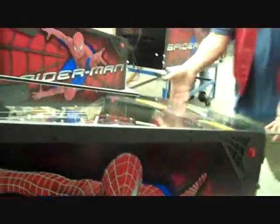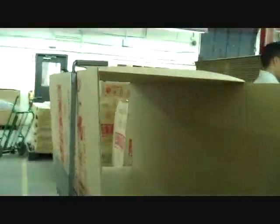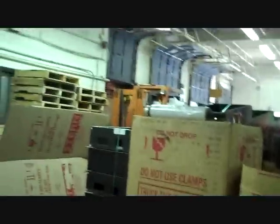Glass goes in, then the head will come down, and it'll get slipped into the box, and it'll be ready for shipping. Ready for shipment. They get taken out to the dock, put on trucks, go all over the country, onto ships all over the world, and